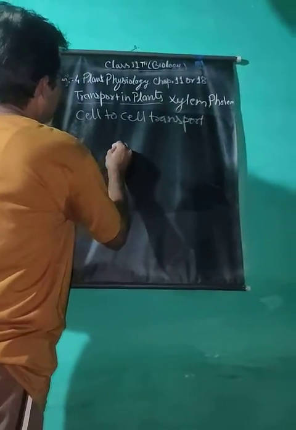They also synthesize organic food materials. These substances move up to short distance or long distance in the plant body. Short distance transport of these substances takes place by diffusion, imbibition and osmosis processes. Like the plants absorb water through their root hairs.